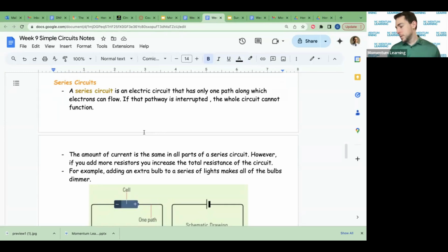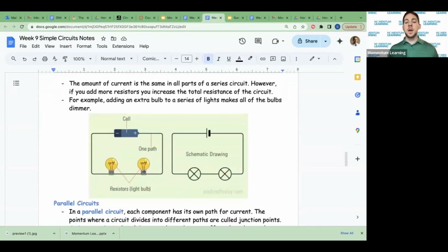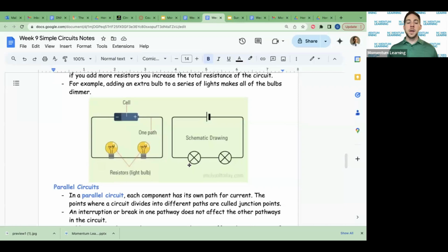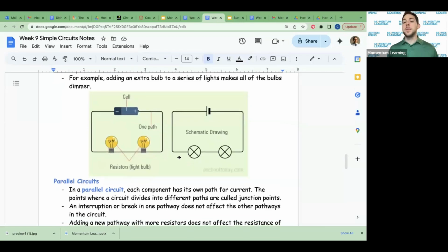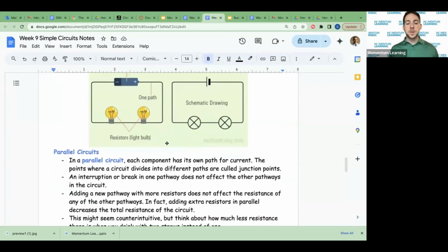So anyone who knows that if one of those bulbs went out, all of them went out. That's because it created an open circuit. Modern Christmas lights use a parallel circuit where there's more than one pathway for the electricity to flow through. That way, if one of the bulbs goes out, the others stay on, right? Because there's another path for the electricity,